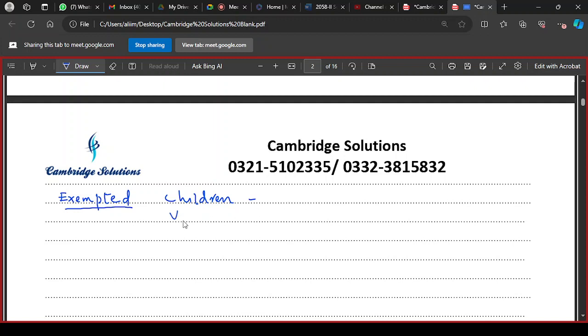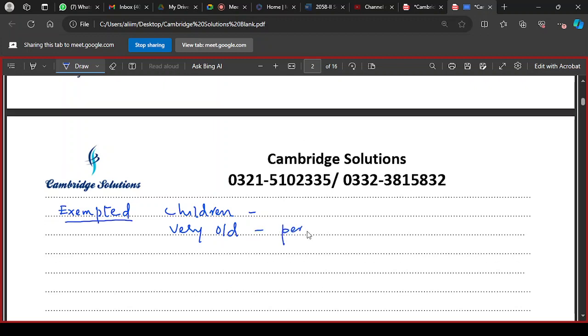Very old or sick people are also exempted. Those who are very old are unable to observe the fast, and those who are permanently sick are also exempted from the fasting of the month of Ramzan. Those who are temporarily sick, or travelers, and in some cases women, have to delay their fast and keep qaza after the month of Ramadan.